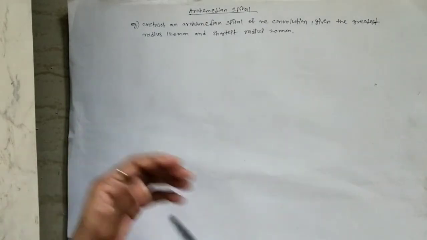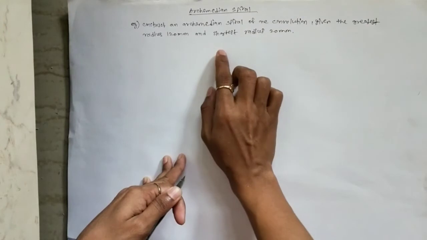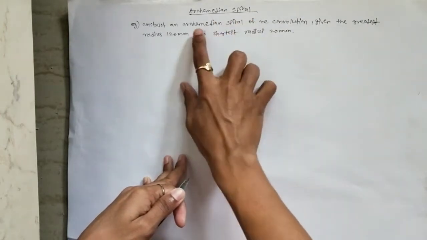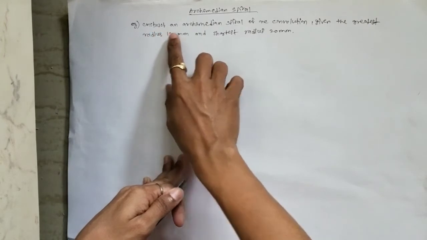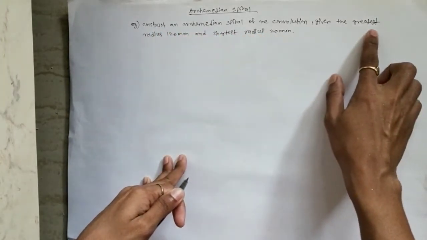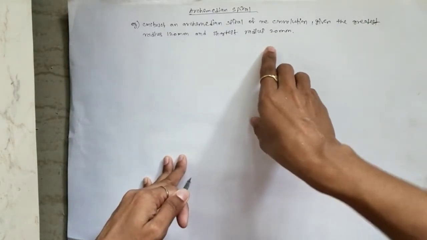Hello students, in this video we will see how to draw Archimedean spiral. First we will take an example and then I will tell you what is the definition of Archimedean spiral. So first take example: construct an Archimedean spiral of one convolution given the greatest radius 120 mm and shortest radius